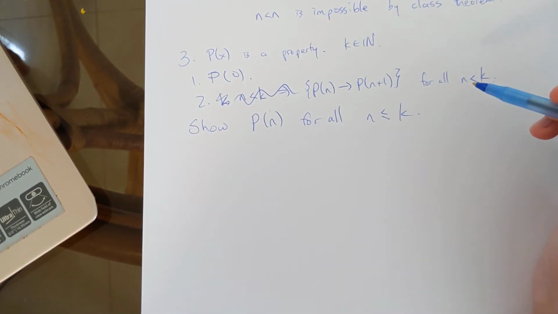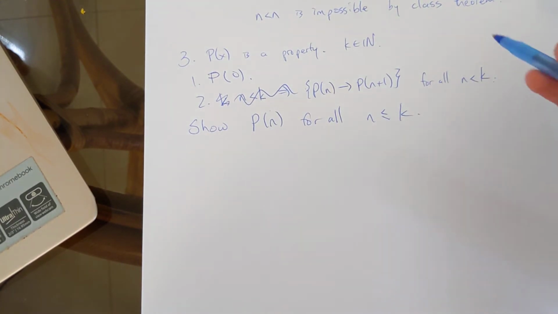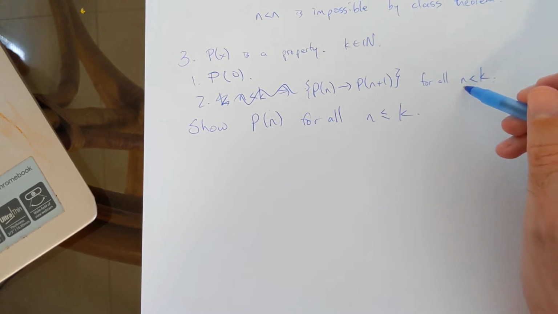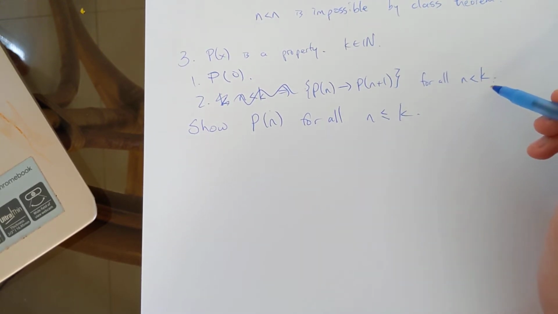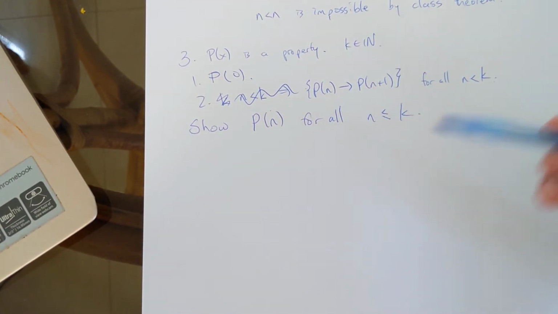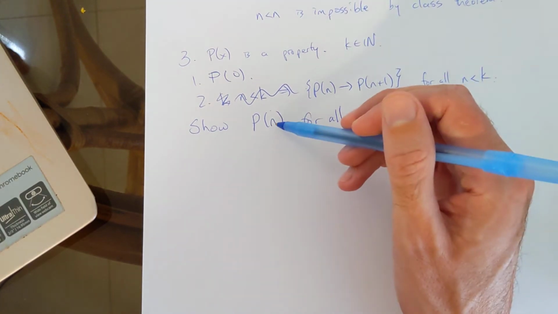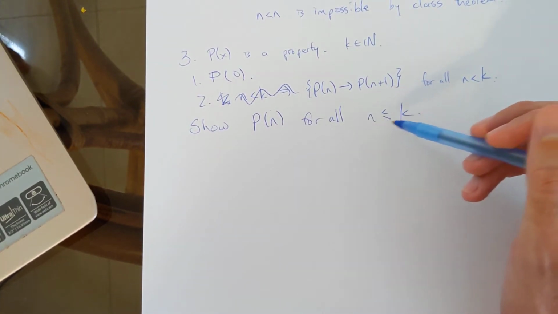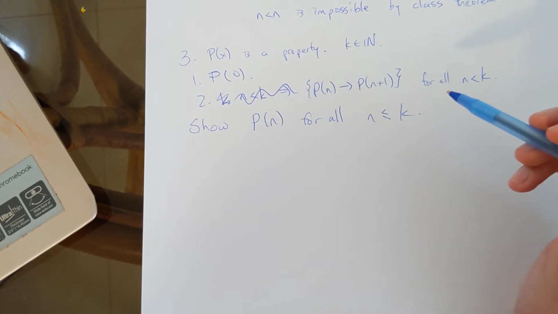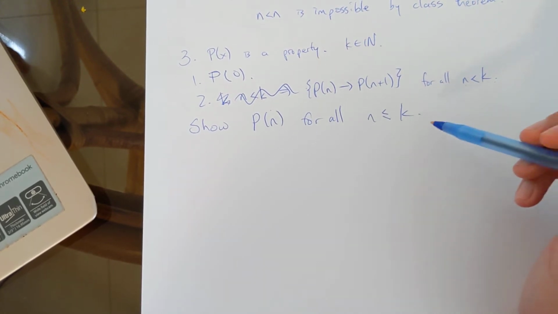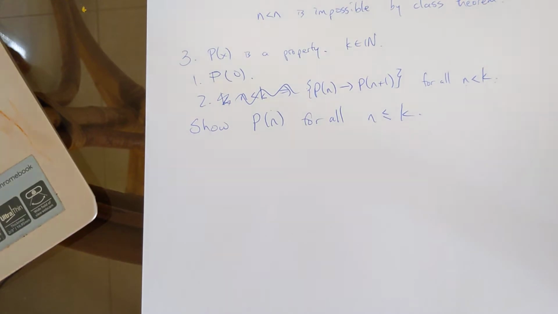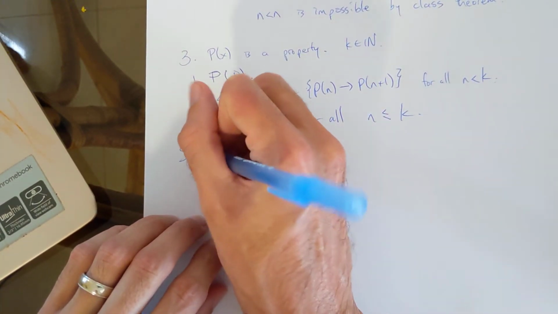Okay, so notice we can't just directly apply induction, because to apply induction, we need this to hold true for all natural numbers n. And this only holds for all the natural numbers less than k. But luckily we don't need the full strength of it. If that were true for all natural numbers n, we would conclude P of n for all natural numbers n. But we don't need that, we need this weaker statement. So we have a weaker assumption and a weaker statement. Maybe there's some hope to prove this. And it's kind of a tricky